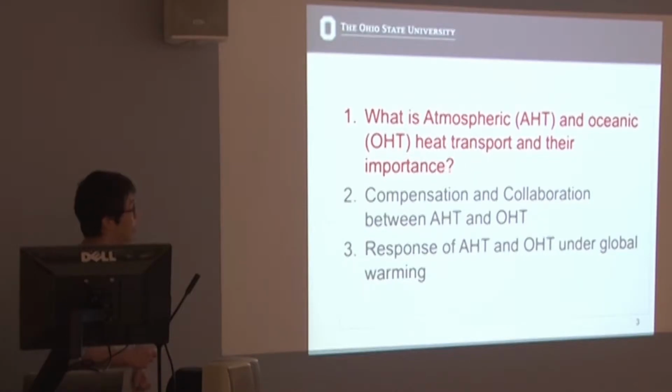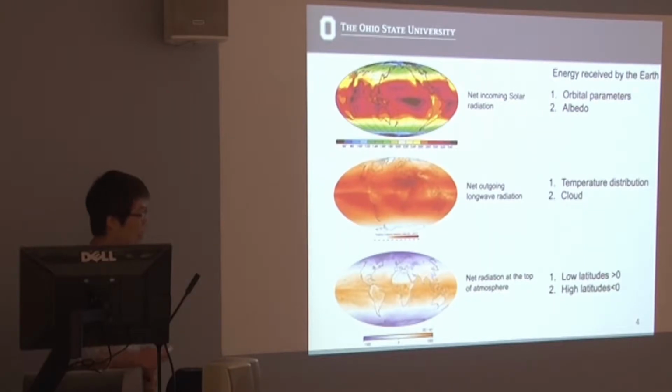So first, what is atmospheric and oceanic heat transport and what's their importance? We know that the Earth receives solar radiation at the top of the atmosphere, and at the same time it emits outgoing longwave radiation back to space to cool itself down. Due to the orbital parameters and albedo, the tropics receive more solar radiation than the high latitudes. Similarly, the outgoing longwave radiation is much larger in the tropics than in the high latitudes. Then the net difference between the incoming solar radiation and the outgoing longwave radiation is the net radiation at the top of